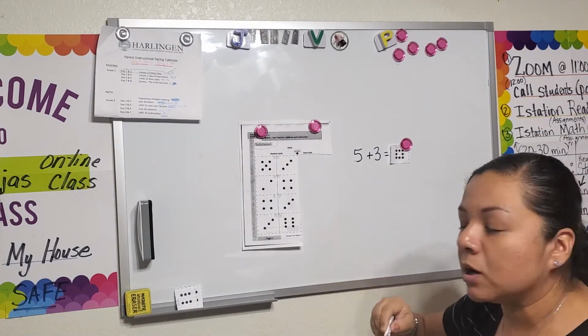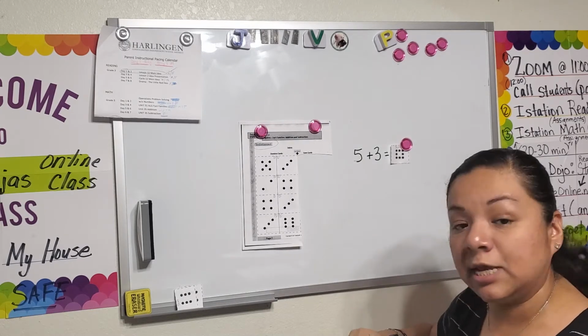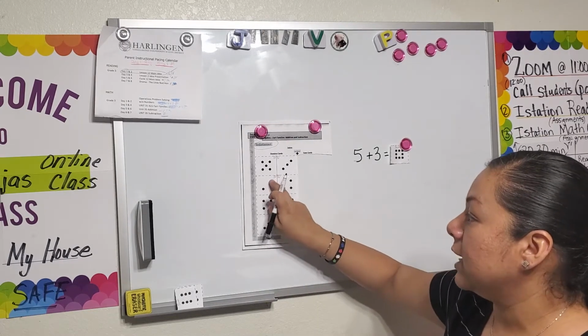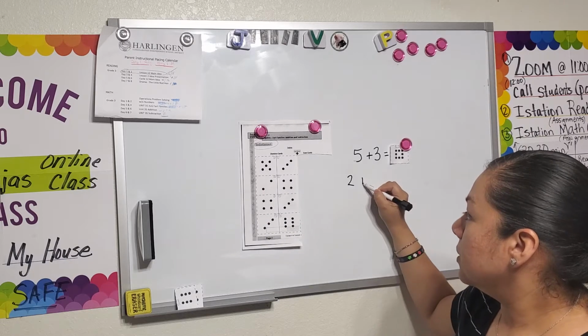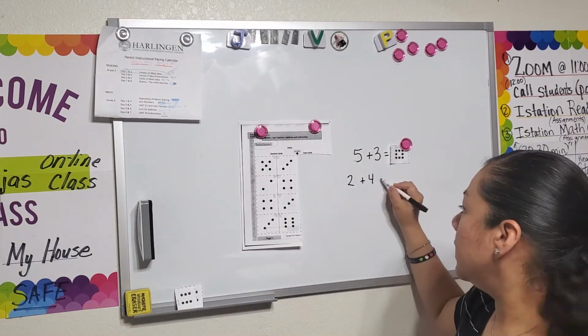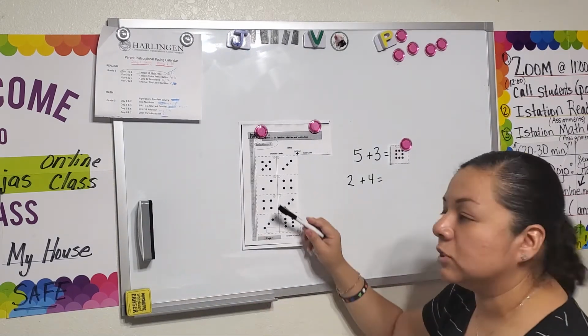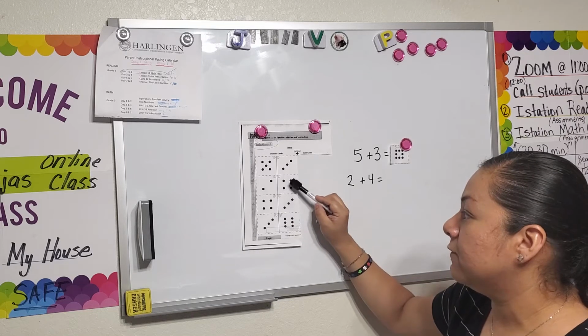Let's do one more, and then I'm going to show you how to do it for your subtraction, okay? This is just an intro for fun. So this one has how many? 2 plus, count these, how many? 4, good. Now we're going to look for our sum card, and we're going to count. So let's count. 1, 2, 3, 4, 5,